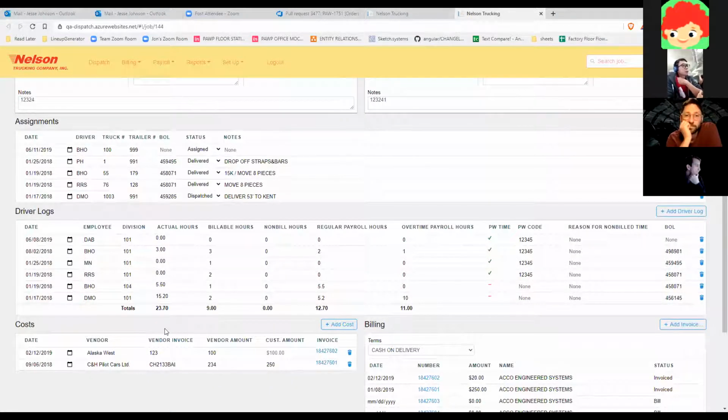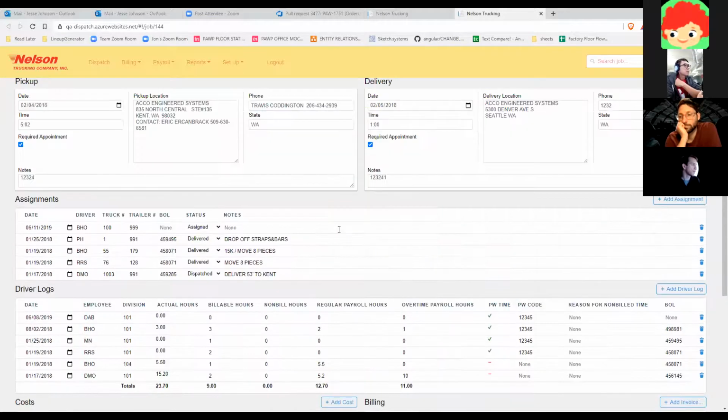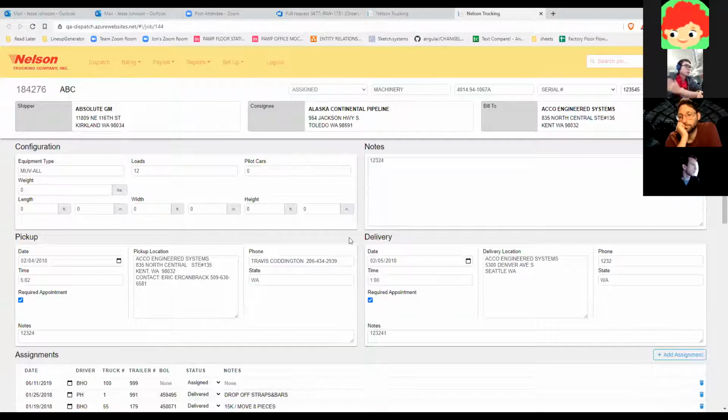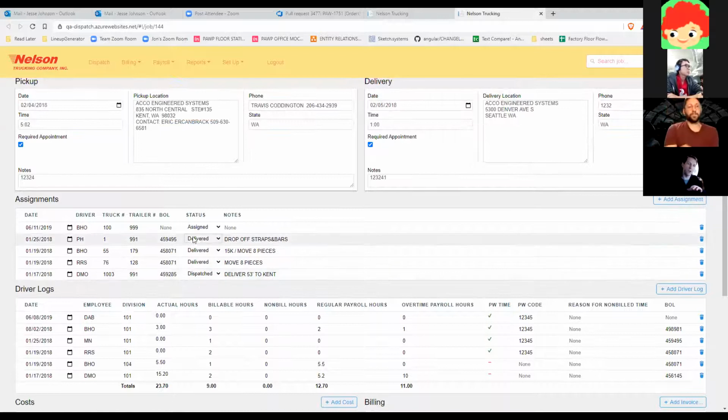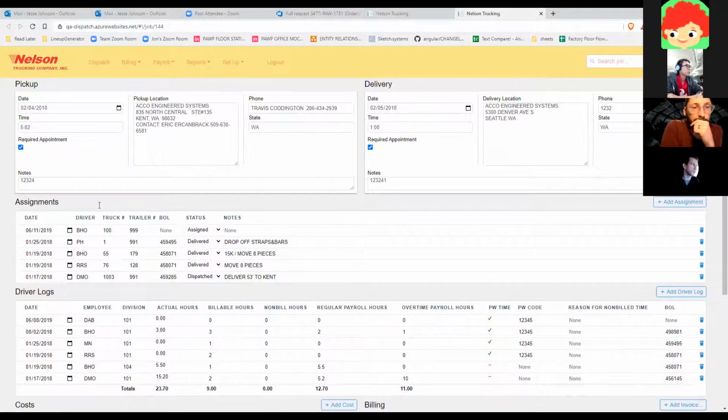So a job could have multiple driver logs. If you have a lot that you're moving, different people taking different amounts of things at different times, and you get a driver log out of that. And then the driver logs, I'm giving the high level. Not all of this relates to what you're about to do, so don't worry. The driver logs will then drive their payroll, which they manage out of the system too.